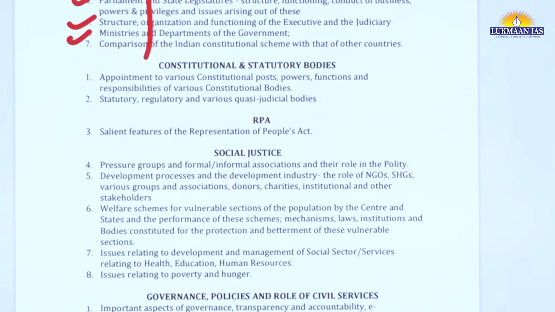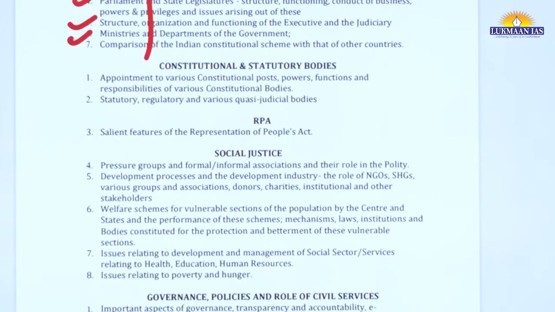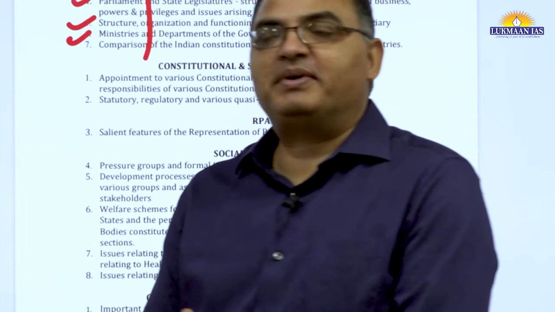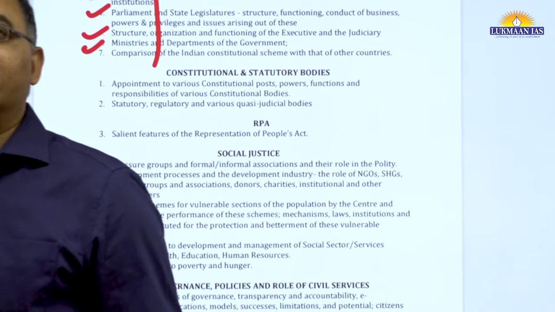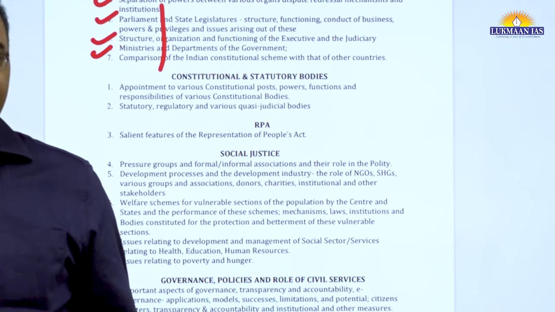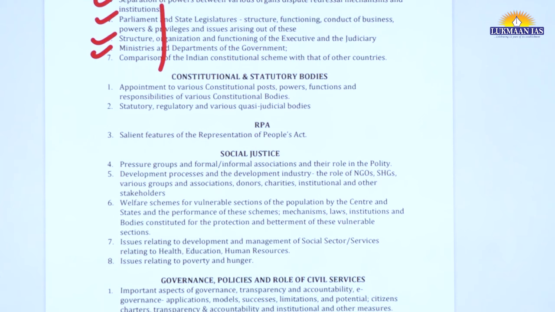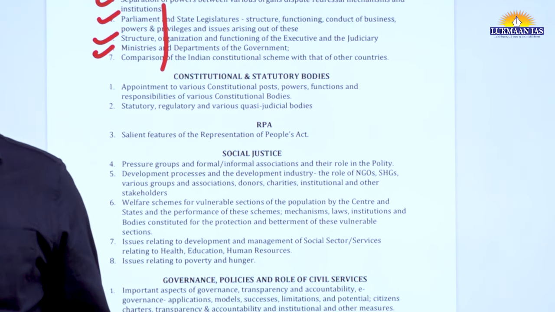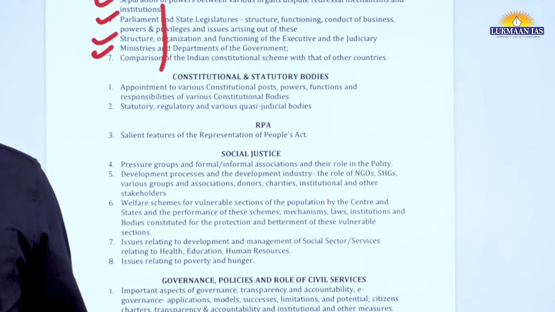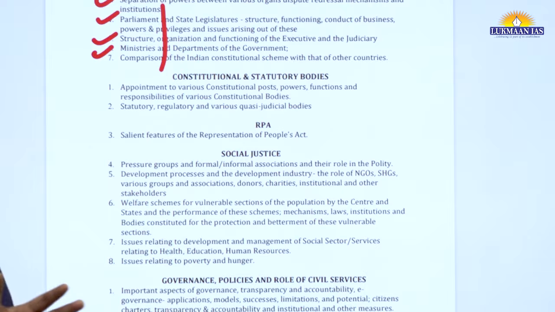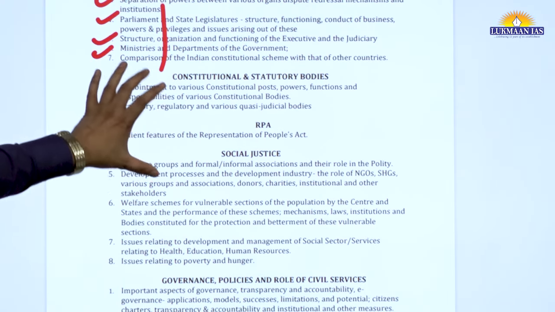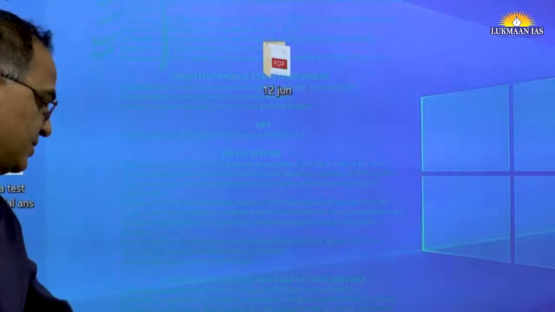IR is a completely different thing, isn't it? It does not need to be connected. But if you want to connect it to polity, you can say that PSIR means political science. One political science paper is also related to international relations, and political science also deals with polity. This way you can say polity also has an international dimension. That way it can be connected. Rest, we are trying to tell this one and this one.